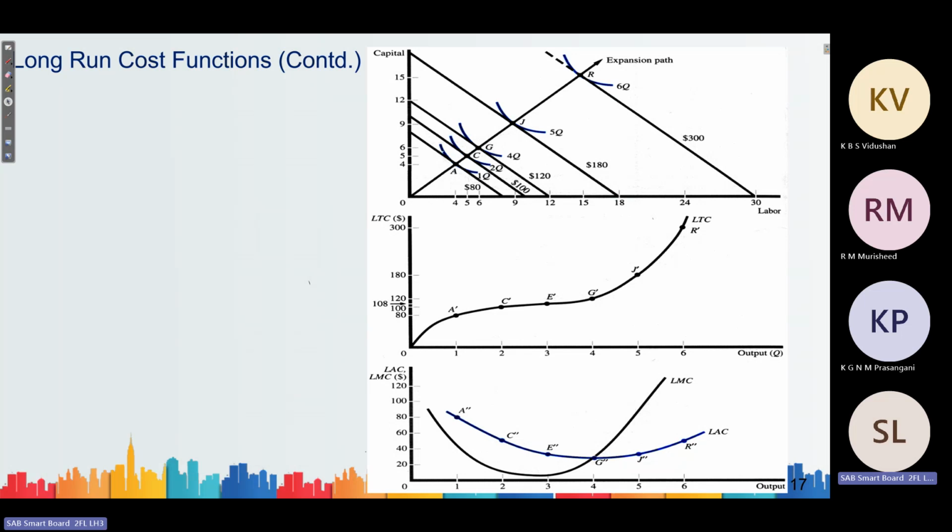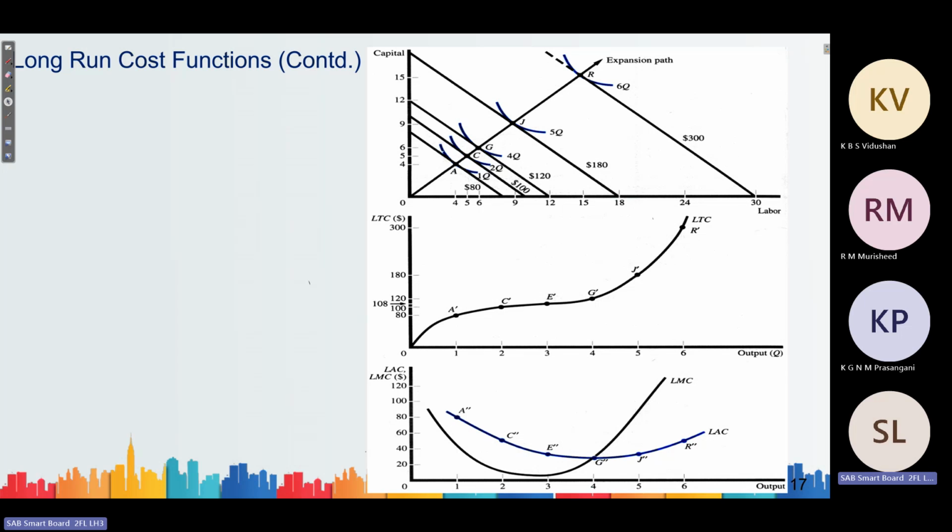In the previous session, you learned about the production expansion path. The production expansion path shows the equilibrium input combinations of a firm at different levels of output. So these isoquant curves show